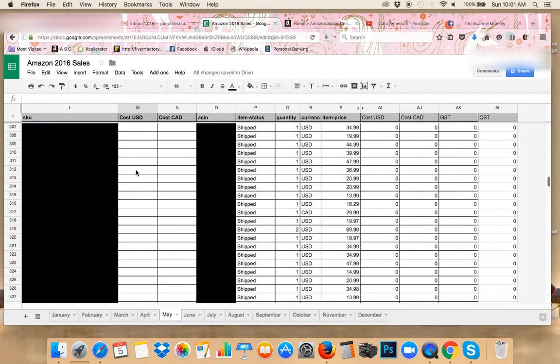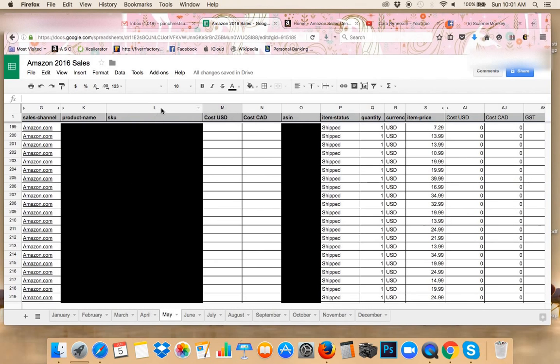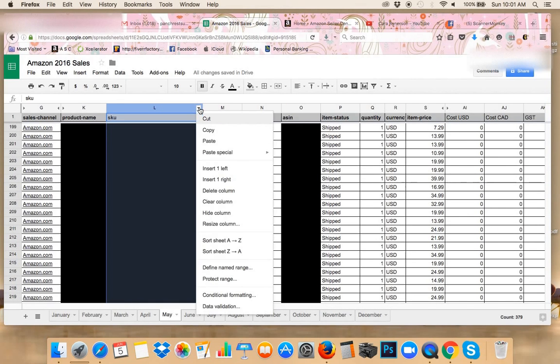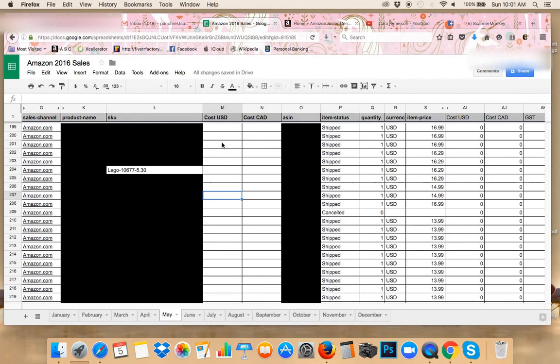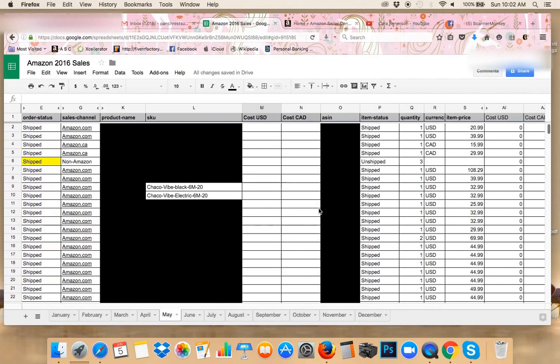What I will do in order to quickly fill this is I will go to SKU and I will sort this and I will unblock this and I will fill everything in. So for example, if I paid $5.30 for this, but then when I look into it, I can see that I sold 10 of them in a row, I can just fill it down. Now this one where the order's canceled, obviously I'm not going to have a sell price for it, but